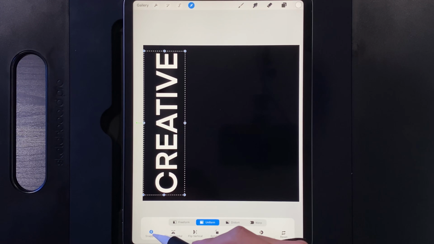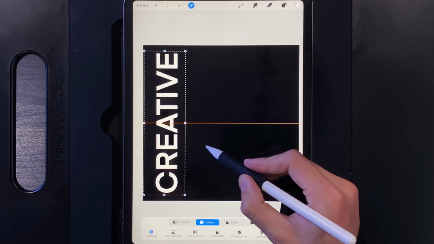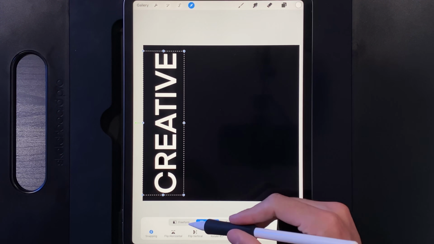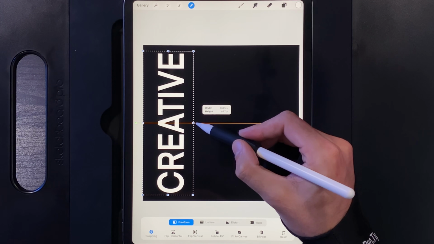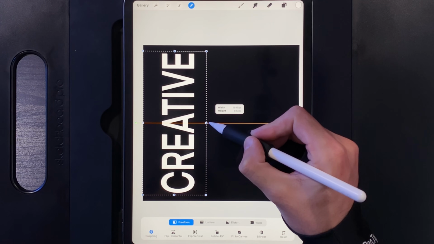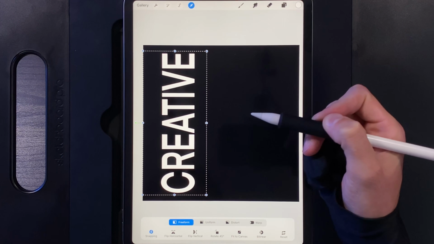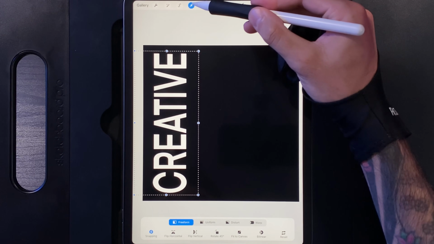Also, if you turn on snapping down here in the corner, you get this orange line which lets you know you're nice and central in the middle of the canvas. We're going to switch it to freeform this time, and just make it a little bit taller. So you want something maybe like this. That's pretty good for size. Then let's move that a bit closer again to the edge of the screen,